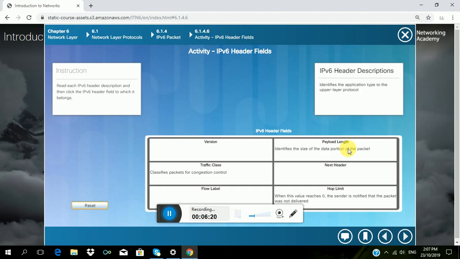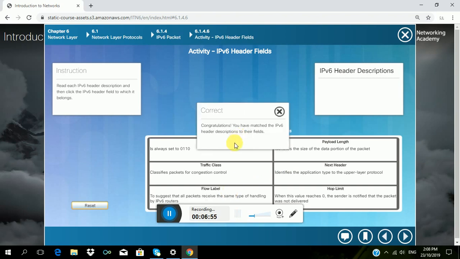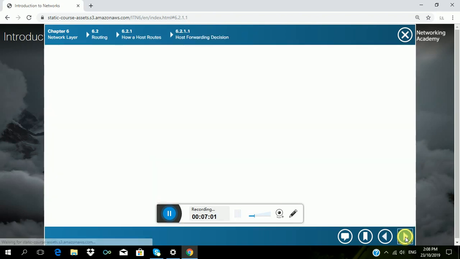Then identifies the size of the data portion of the packet. It is payload length. Then identifies the application type to the upper layer protocol. It is part of next header. Then it's always set to 0110. So it is a version. Then last we have flow label, and it suggests that all packets receive the same type of handling by IPv6 routers. So you have matched the IPv6 header descriptions to their fields. Next,